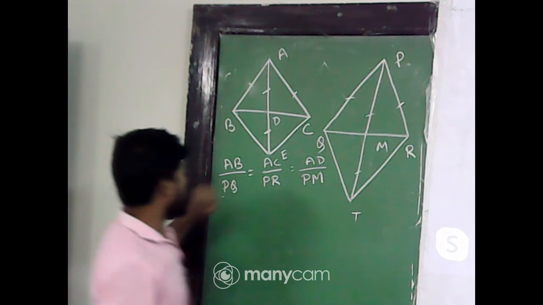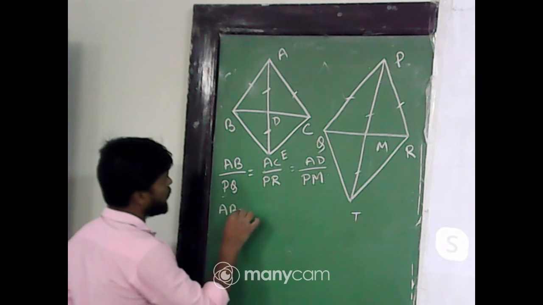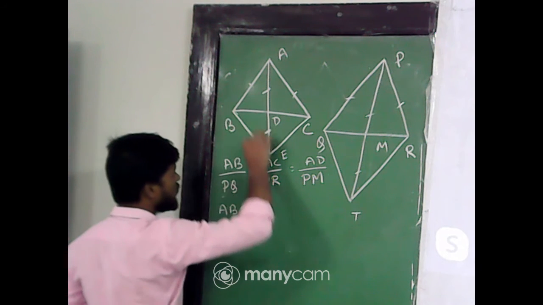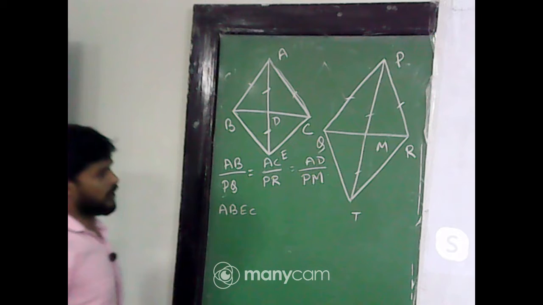Clear? Now, look at the quadrilateral ABCD. In that quadrilateral,